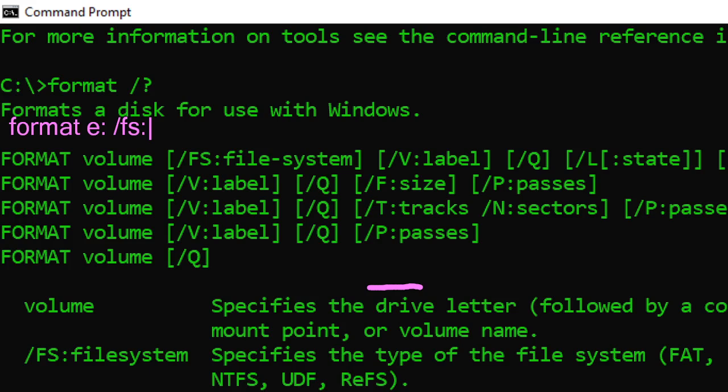So, what are those file systems? These are the file systems: FAT, file allocation table, NTFS, network file system, UDF, and ReFS. I don't know that. You can Google. Okay. So there are FAT32, FAT16, FAT32, and so on. Okay, so continue reading. So you can type here NTFS